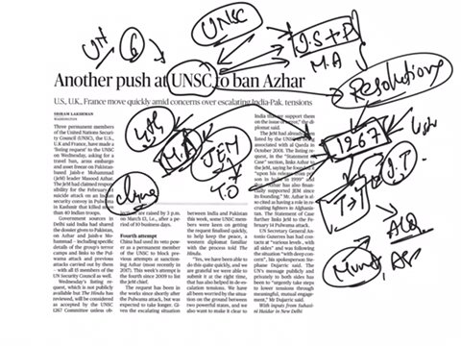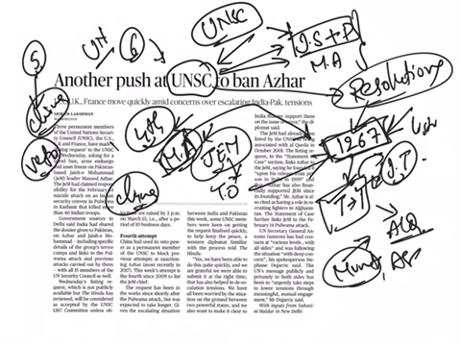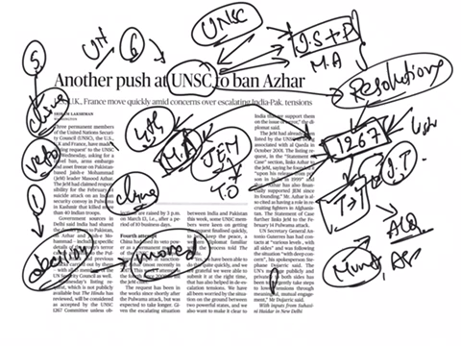We know that in the UNSC there are 5 permanent members, of which China is one, and these 5 permanent members have veto power. That means if at least one permanent member opposes a decision taken during this UNSC Council, that decision will not move forward. So now again, post Pulwama attack, India is for the fourth time attempting to designate Masood Azhar as a terrorist in the UNSC Council.